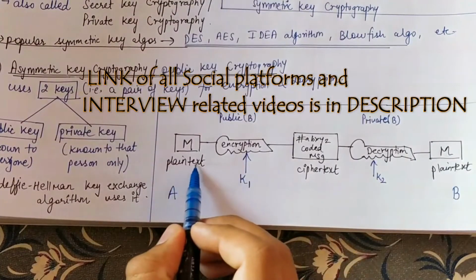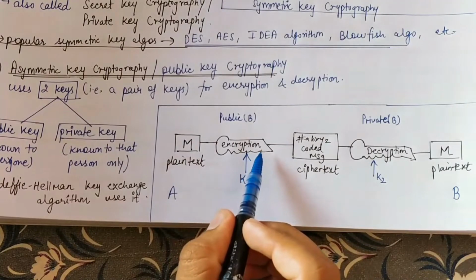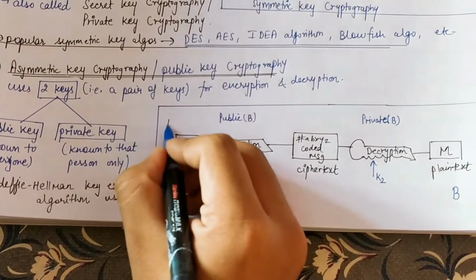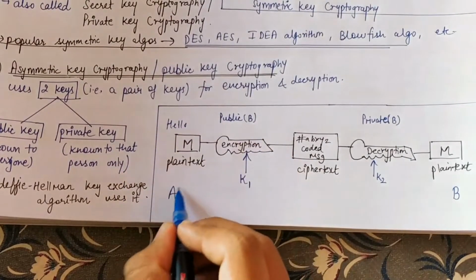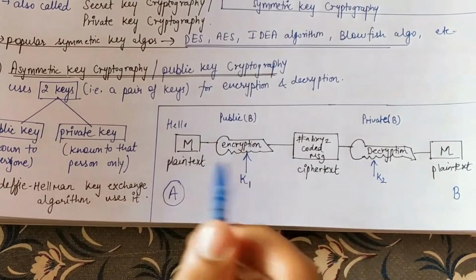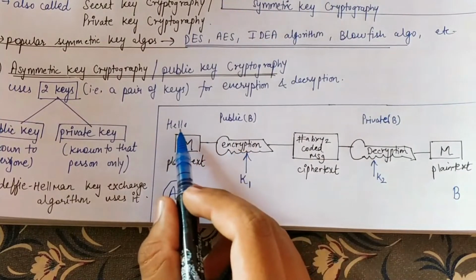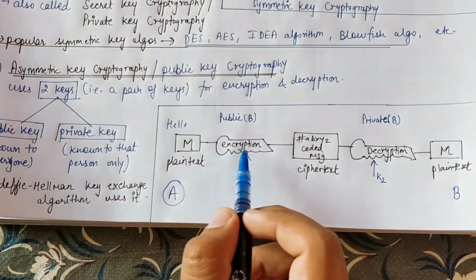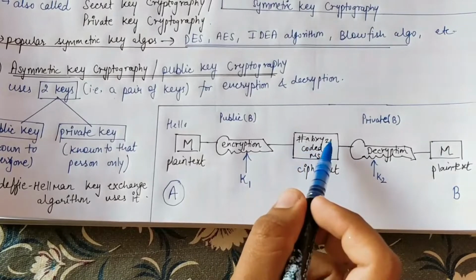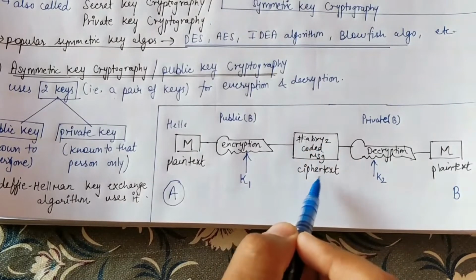Now if we understand this with the help of a diagram, the diagram is the same. We have a plain text, that is, a normal message is called a plain text. We put it through a process called encryption. Suppose the message is hello, and we are sending hello from person A to person B. Now we will encrypt that message. What is encryption? We convert this hello into some coded format which we cannot understand. It can be anything, random letters like a b x y z 1 2 3 4.